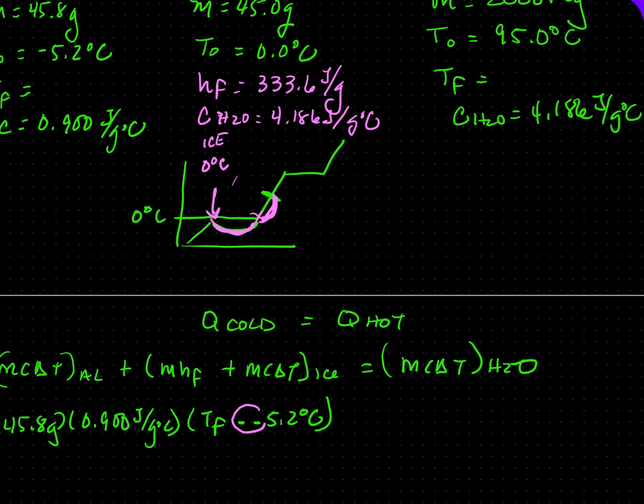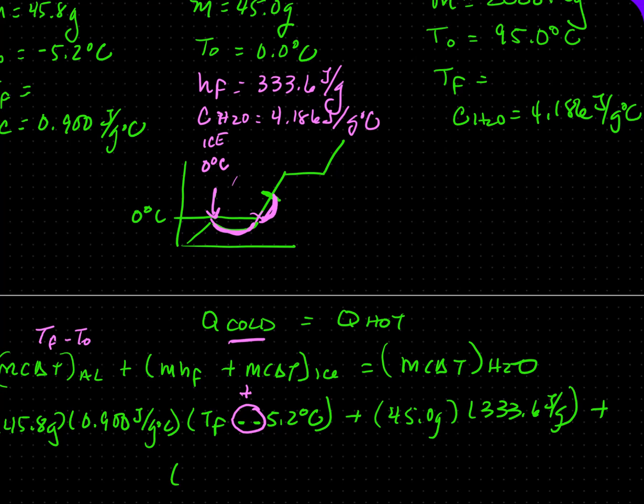A minus and a minus is a plus. And since this is the cold side, we leave it as T final minus T initial, plus m HF. So the mass of the ice is 45 grams, and the latent heat of fusion is 333.6 joules per gram,